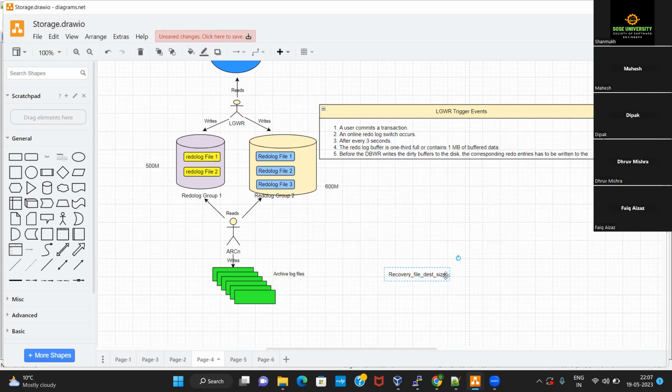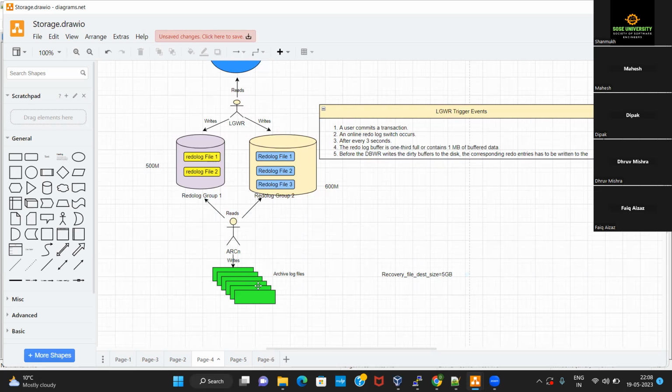Through that you give a specific value, let's say you mention it as 5 GB. So your archive log files are going to be present inside this recovery file destination location, and you have given a maximum size of 5 GB to that location. Unless and until this 5 GB has been utilized, you are well and good. Once this 5 GB has totally been utilized, after that your database will get hung.